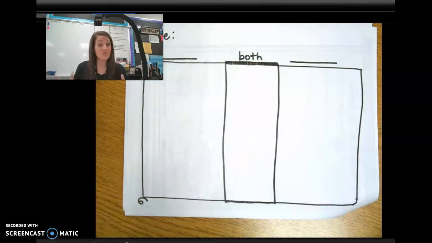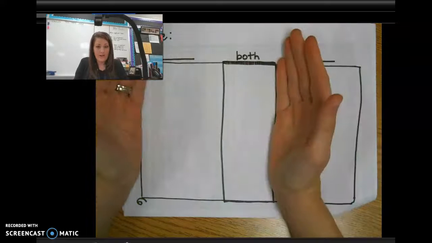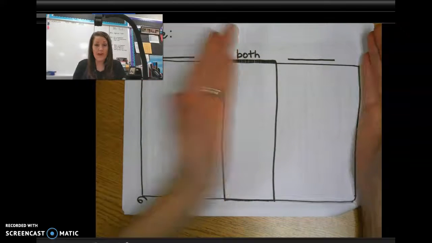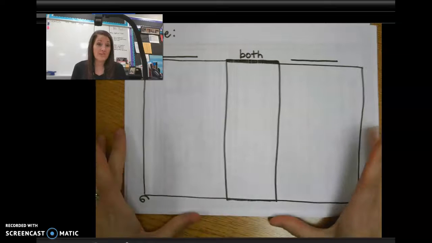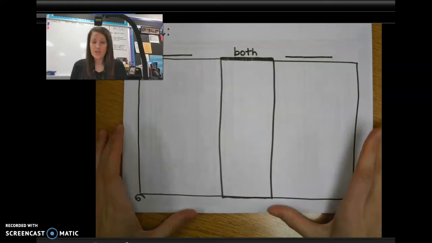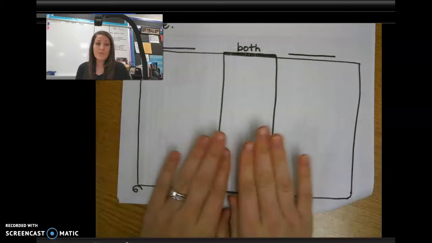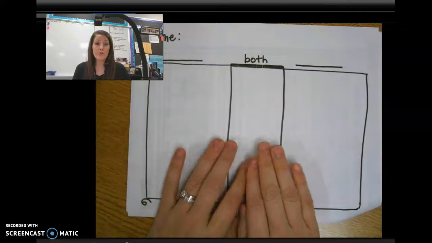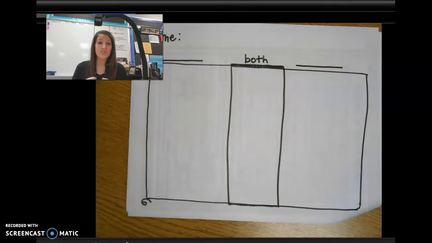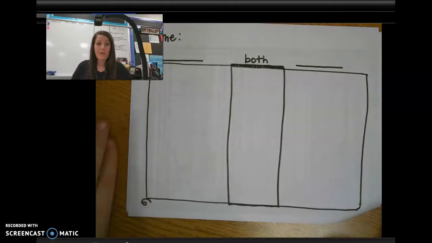I draw it as squares. I drew one square and then I drew another square and I made them overlap so that we have a nice space to draw in the middle. So this is what I'm still calling a Venn diagram. I just use squares instead of circles. So we are going to practice using a Venn diagram today. And you are going to be comparing some different objects. So today's focus is just how to use the Venn diagram, how to find things that are alike and different,